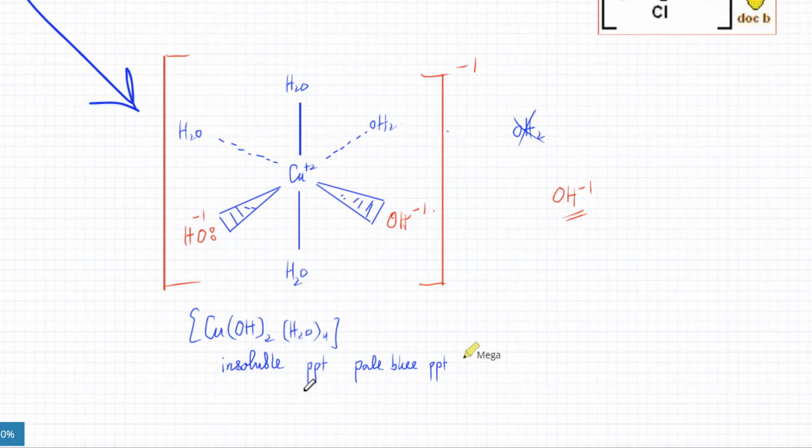It would no longer be part of the solution. It would just form a precipitate, a crystal, and it would just leave the aqueous solution. So that's why probably the third OH ion is harder to actually get in,